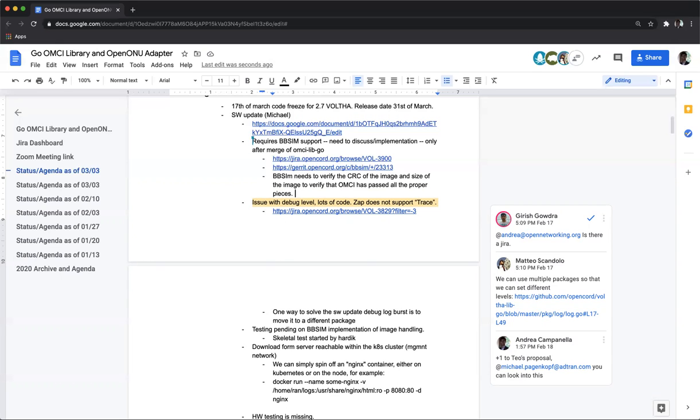Then you can build the complete image, and you have the size of the image, and you can compare that size and of course the CRC to what is given in the end software download command. The size must be known from somewhere else per definition. It's in the end software download request as well.